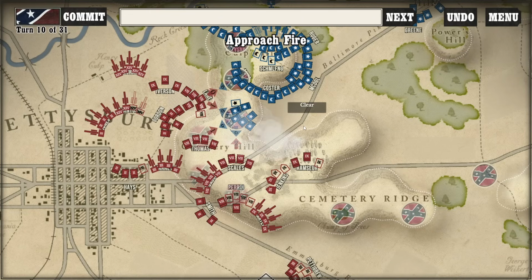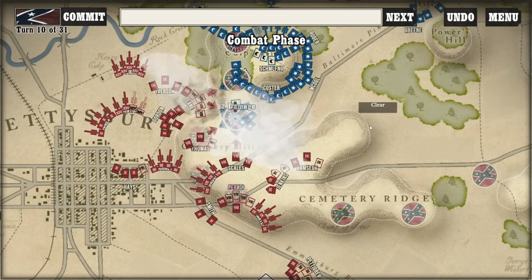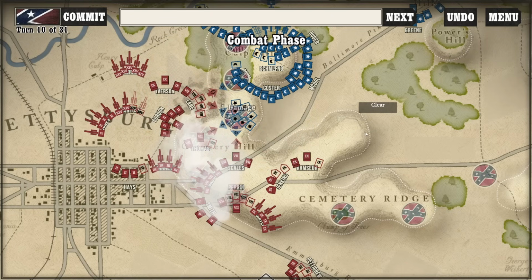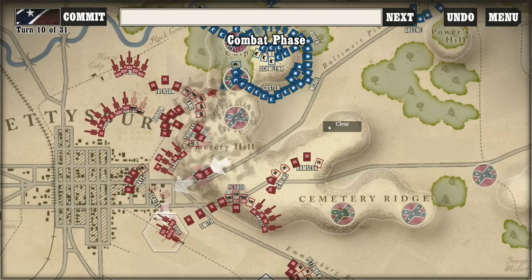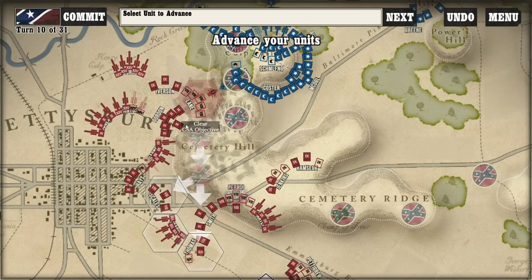And now we've got the Iron Brigade. This one may be dicey. Lane might get destroyed. We'll see. Whoa! We got a good roll there from Scales firing into the Iron Brigade's flank, and the Iron Brigade was shattered! Yes! Pogue's artillery and Scales fell back. And our whole center of our